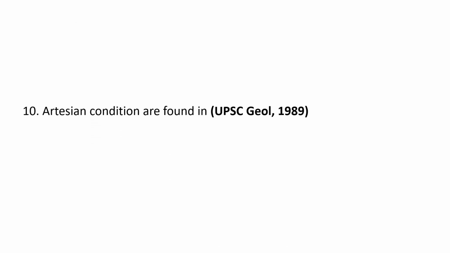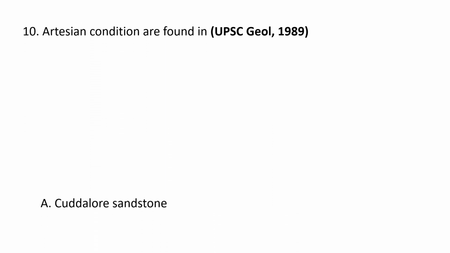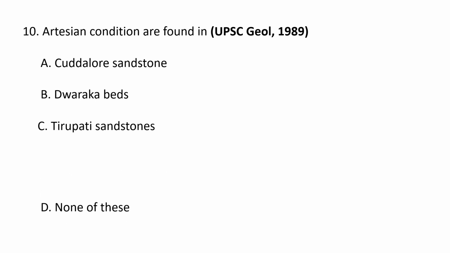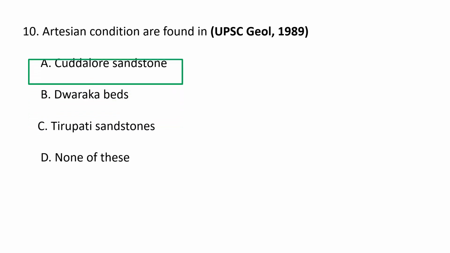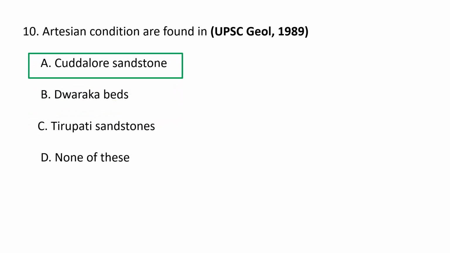Next question. Artesian conditions are found in A. Cuddalore sandstone, B. Dwarka beds, C. Tirupati sandstone, D. None of these. Generally, in the Cuddalore sandstone, we can see the artesian condition where the water is under pressure and the water comes out automatically. So this is found in the